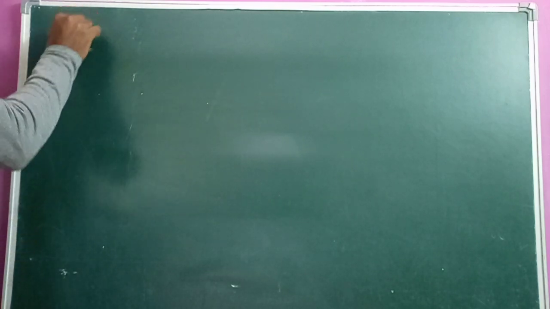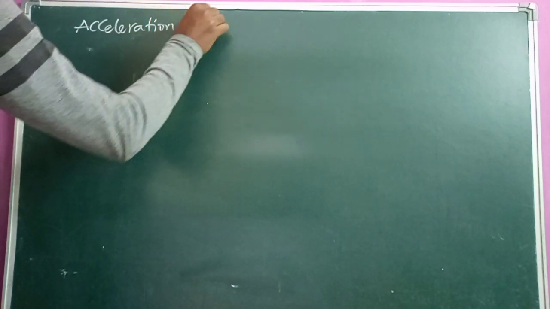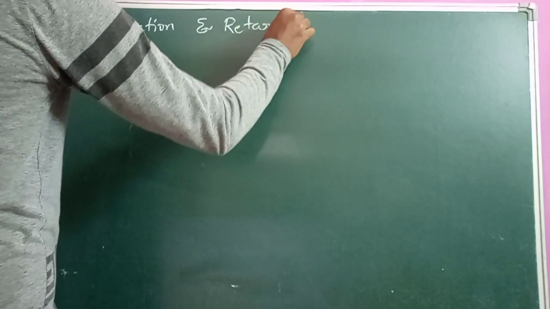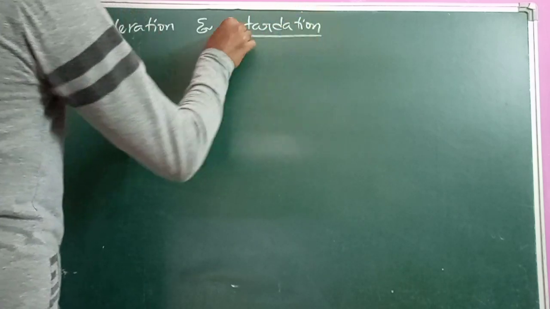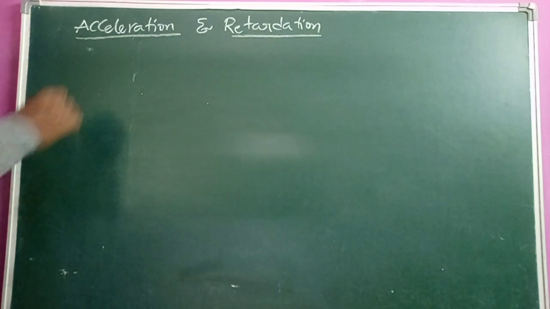So in the previous class we covered speed, velocity, average velocity and average speed. Now this topic is about acceleration and retardation. Of course, these both are similar but opposite in nature. Okay. Now acceleration,